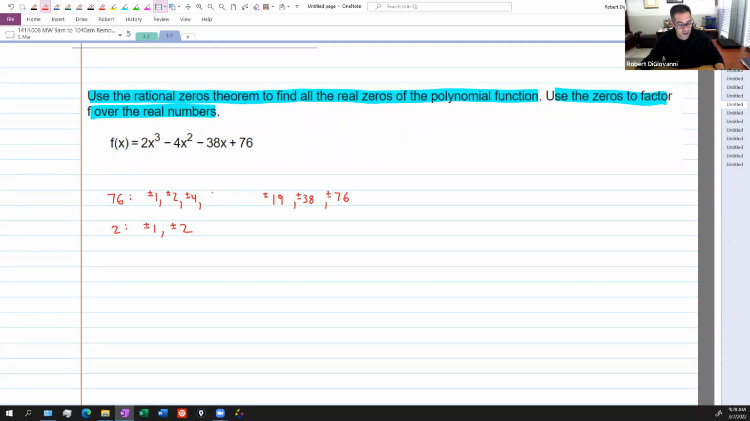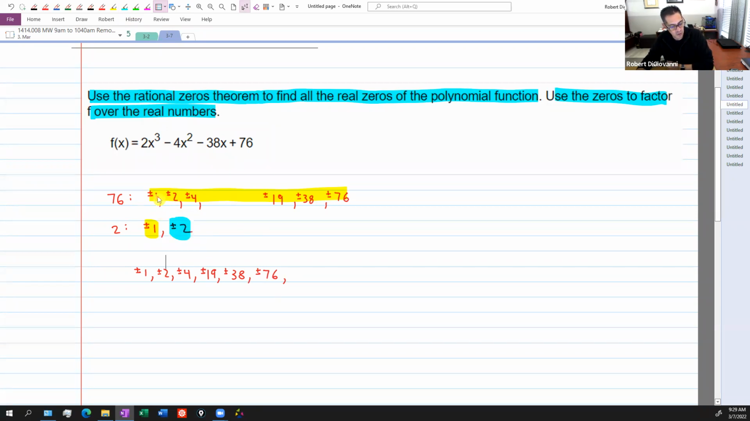Now we need our final list. One good thing is, when you have this 1 down here, all of these numbers over 1 is just the original list, this top one here. So I'm going to just start with that. If I do plus or minus 1, plus or minus 2, plus or minus 4, plus or minus 19, plus or minus 38. Oh, 38, not 36, 38. Plus or minus 76. That's just all my top ones divided by 1. And then when I do all the top ones divided by 2,